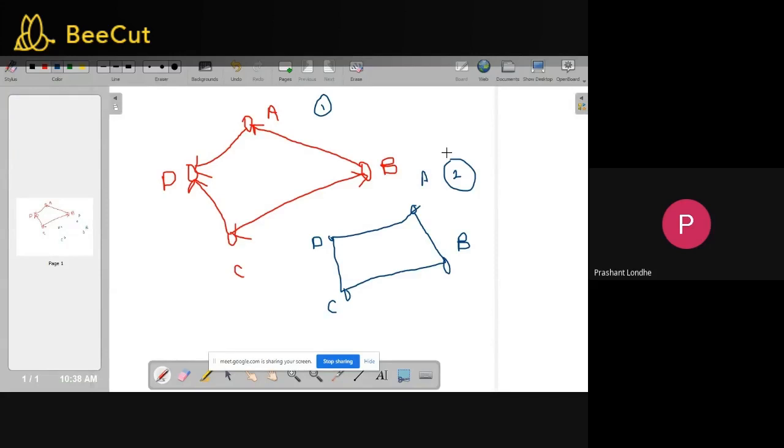So first is the density. So let me define the density. How to define the density of a graph?